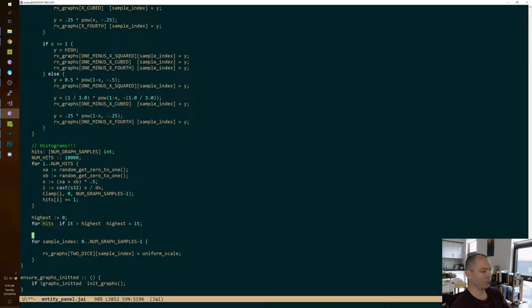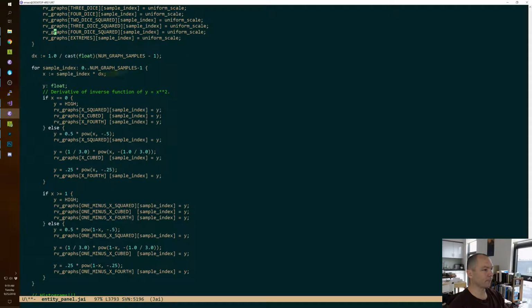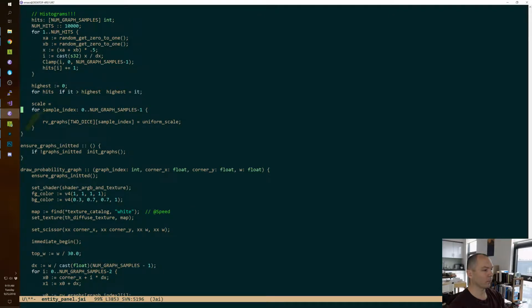And then we want to scale it, so we want to say scale equals, we're going to use, I don't know, 0.95, not quite 1, to give ourselves some room for that, you know, thick line. This is going to be a little bit of a fudge, but it's fine. Scale is 0.95 times